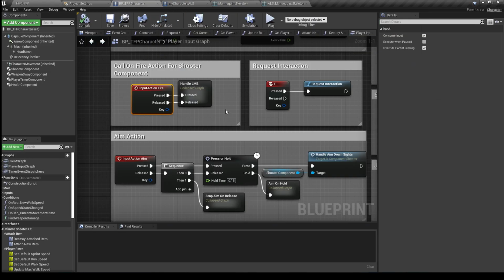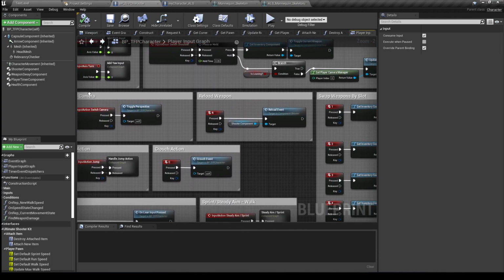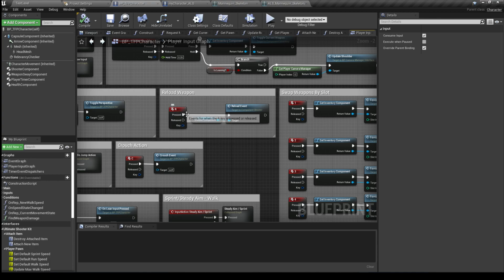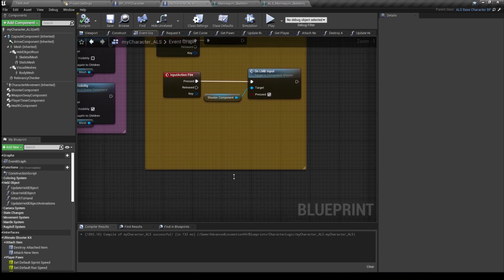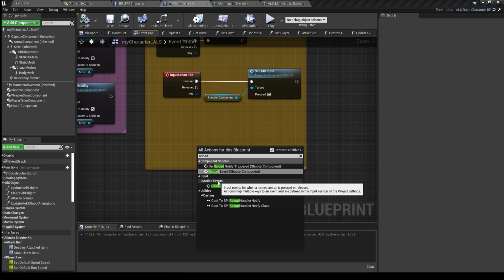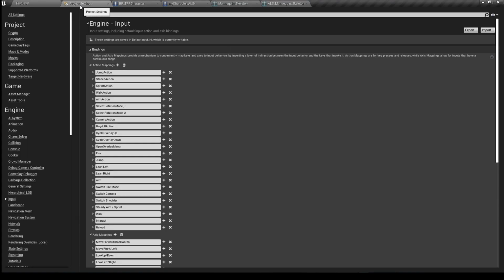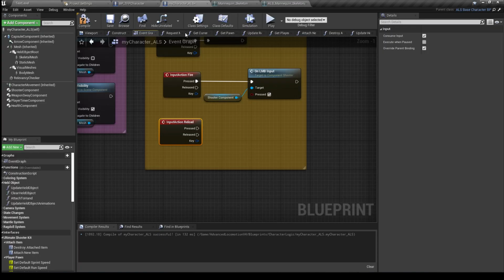So we now need to find reload, which conveniently I think is here. So reload's connected to R. Remember, I don't like that. So I put in another one, didn't I, called reload. And if you're getting lost here, if you remember, I don't like the hard-coded keys, so in my project settings I added another one called reload that was connected to R, and all I've done is reference that in here